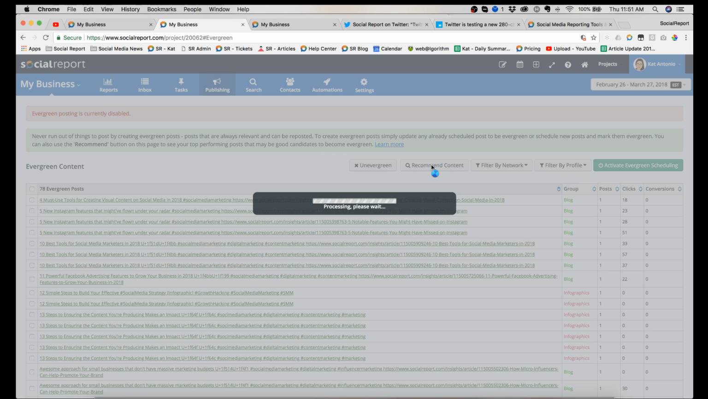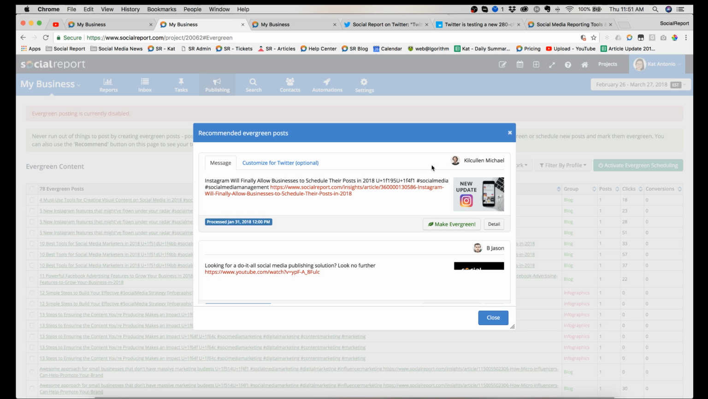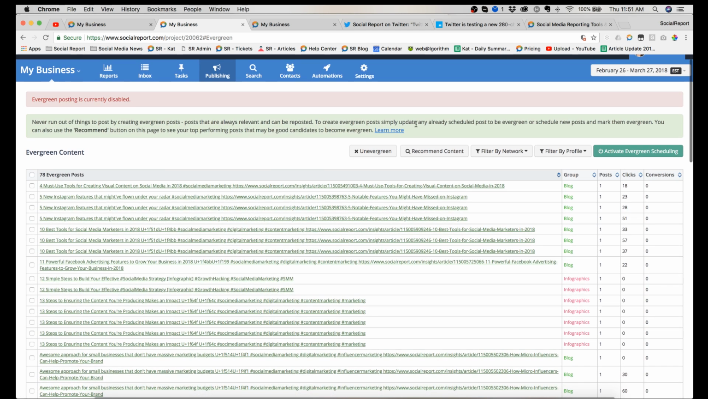And we will basically look at the posts that you have previously posted and pull content that has performed well for you. So we will offer suggestions, and you can just make them evergreen, and they will be added to your library. Okay, so it's a pretty useful tool, especially if you want to maximize engagement